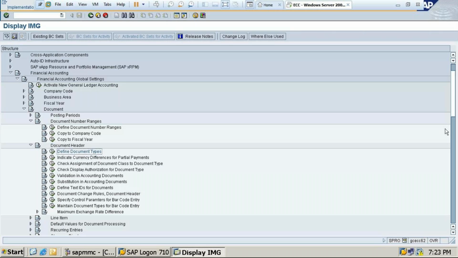Then down you will get the option document header. In this we have defined document types. The path I'll show you and I'll tell you once again.